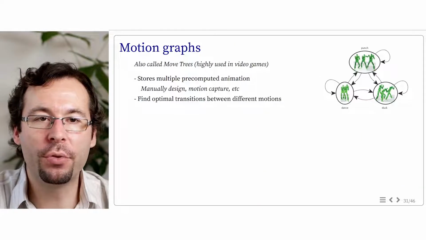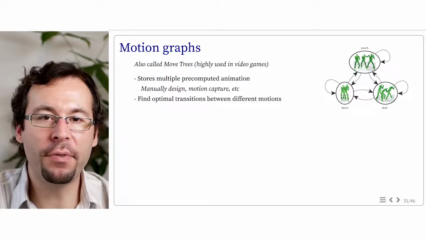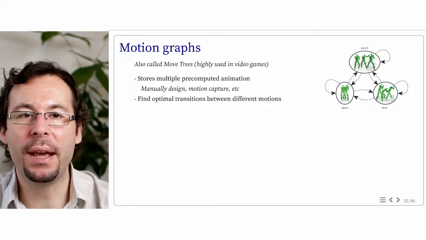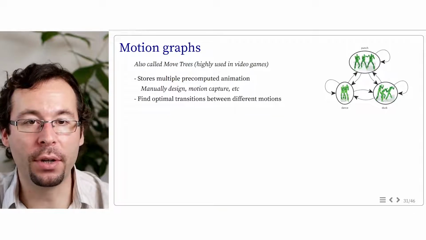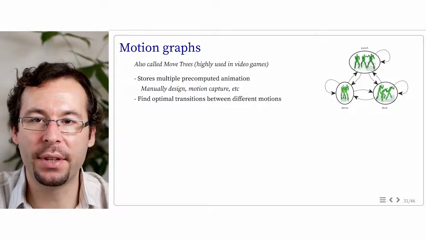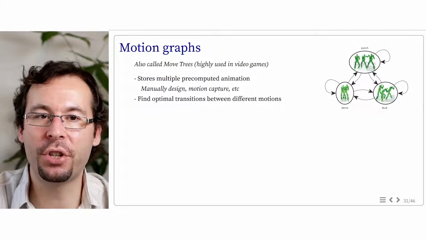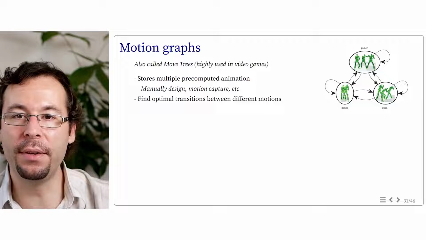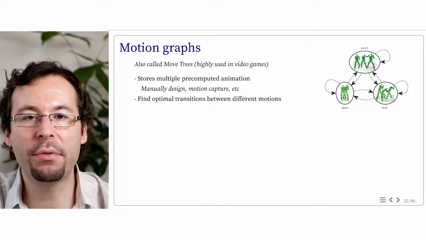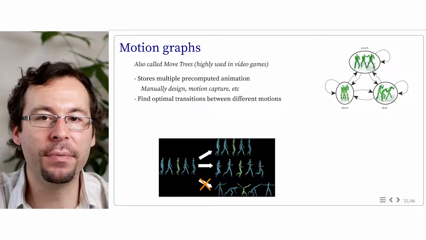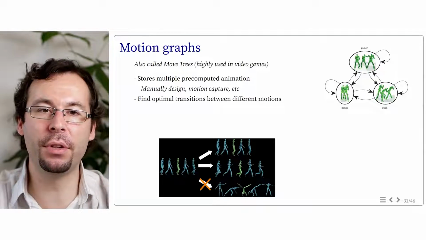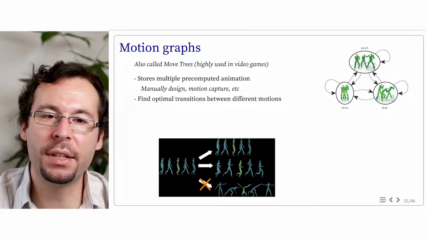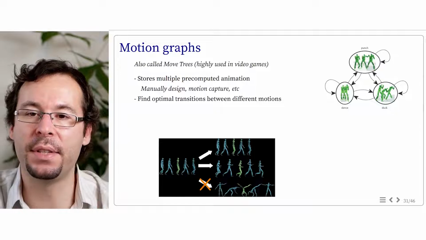One of the most common approaches to tackle this issue in video games is the use of motion graphs, also called move trees. An animated character in video games is often associated to a lot of possible motions, often stored as small sequences. For instance, it can have a sequence of punch, of dance, of jump, and so on. And these sequences can be designed manually or obtained from motion capture. Passing from a sequence to another is actually feasible without visible artifact if some poses between the 2 sequences are close to each other. And 2 sequences can actually allow seamless jumps at different frames of their sequences.